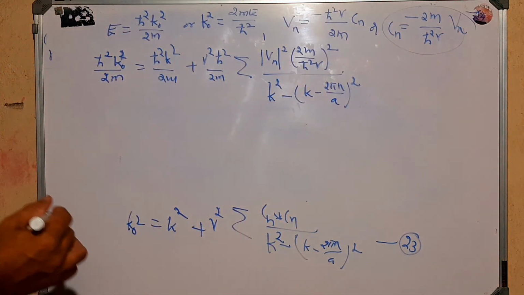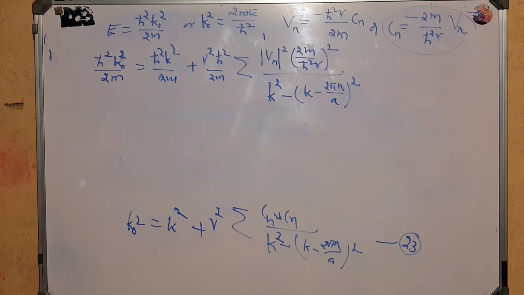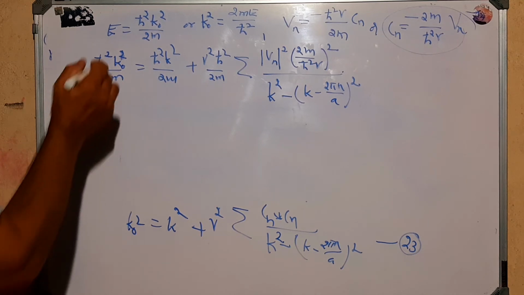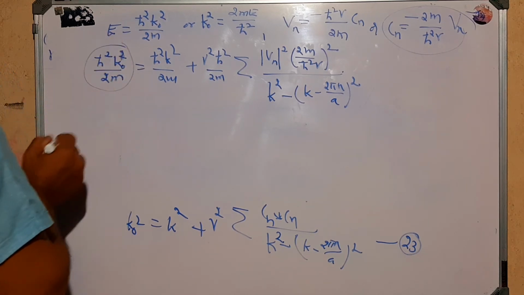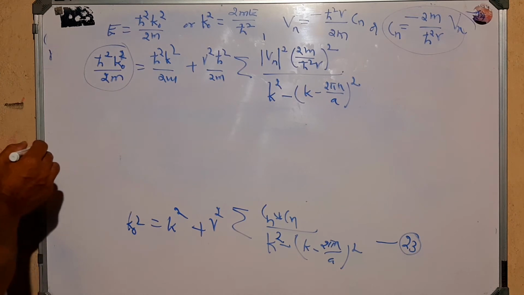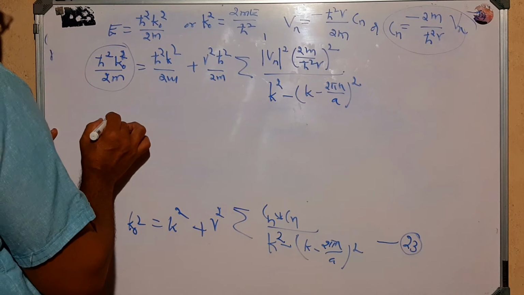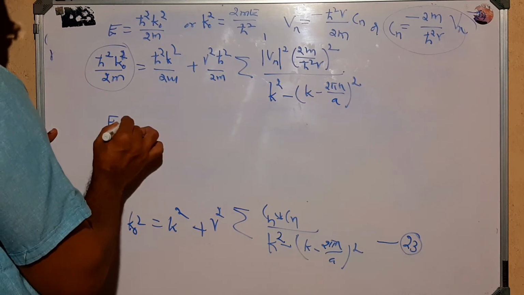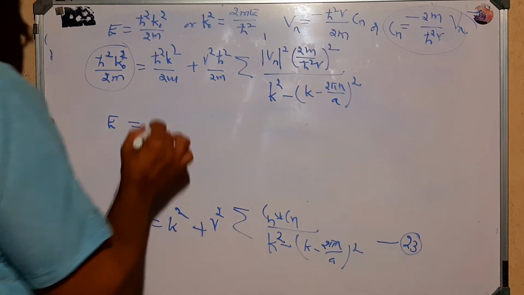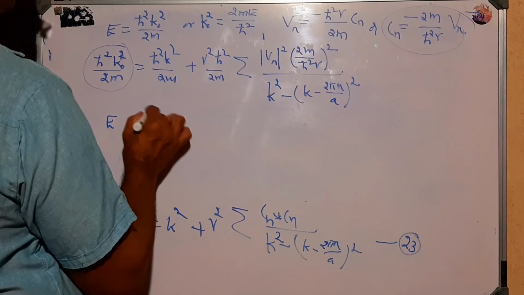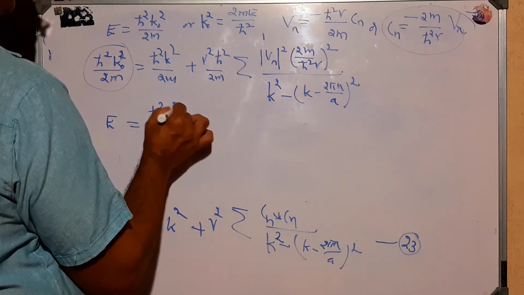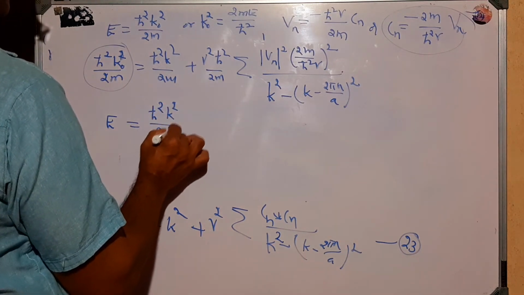Right. So now still you can simplify. What is this? This is nothing but the energy of the electron, right? That is, I can write E is equal to h cut square K square divided by 2m